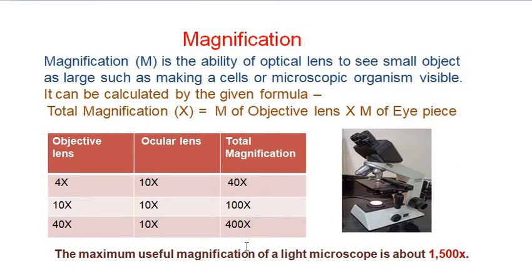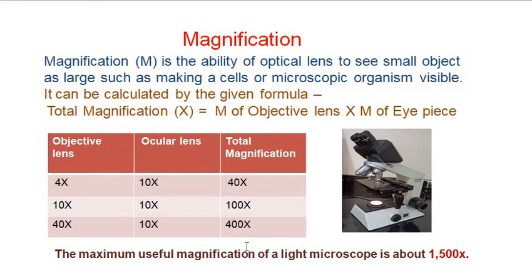Magnification is the degree of enlargement of an optical system. It is the property of a microscope through which we can magnify small objects using the optical lenses and eyepiece. So we can see a larger image as a virtual form under the microscope. The magnification can be calculated from the magnification of the objective lens and the magnification of the eyepiece. The alphabet x is used to represent magnification.